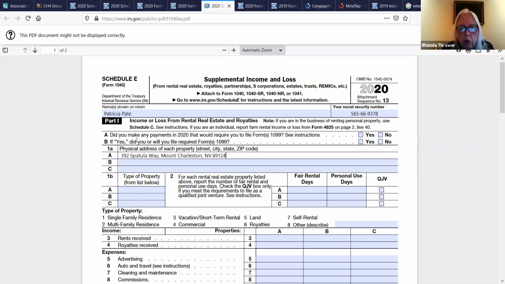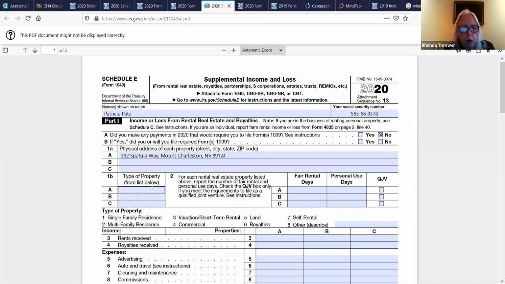Right here is where it says in A, Part 1, did you make any payments in 2020 that would require you to file Form 1099? And the answer to that is no. So we're going to click no here. They didn't give you any information about that, so that's why we selected that. Then you enter in the address of the rental, and then we're going to go on to